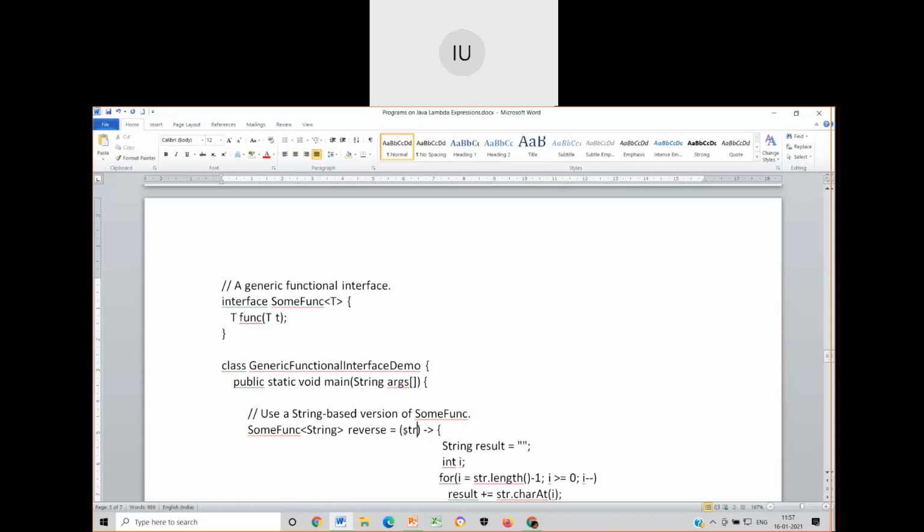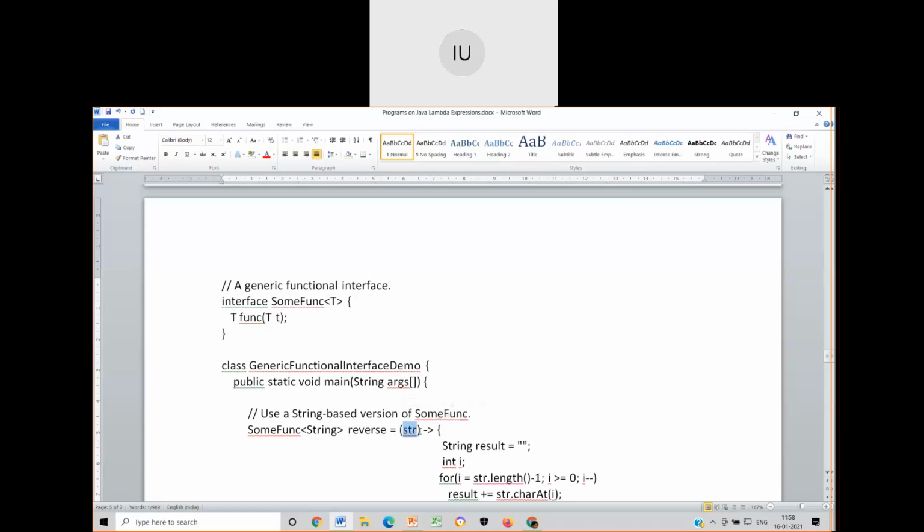What does this str mean? This str indicates this small t. So it is a variable which is receiving the value. An anonymous function never bothers about the data type. This we have seen. So this indicates a variable which is receiving the value. Now str is a parameter.